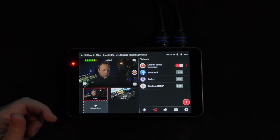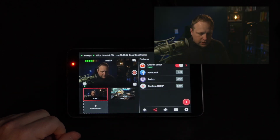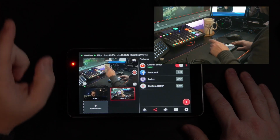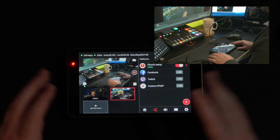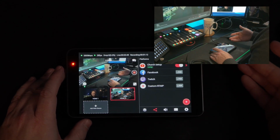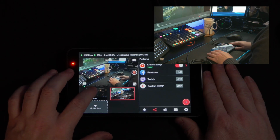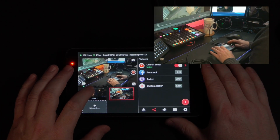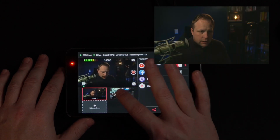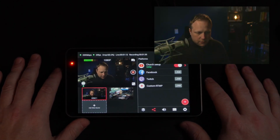It's going to take a minute to get up, and while it's doing that, I'm going to go to my YouTube channel. So I am clicking now onto my computer, and can't see it very well, but if I switch views here on the recorded thing, you can actually see that I am watching the live stream there on YouTube. So it's actually working. I am connected through Wi-Fi, so my bit rate is pretty low because my internet speed can't be fast enough, but there we are, and we are live streaming, and I'm able to switch camera views just by tapping. And I could have a pretty good live stream just like this, switching from my camera views back and forth